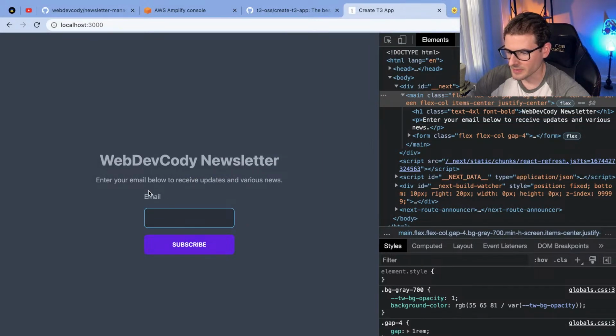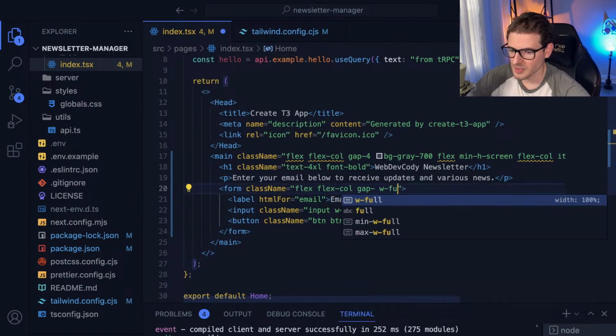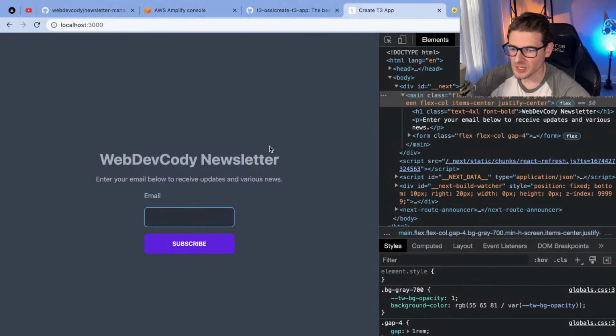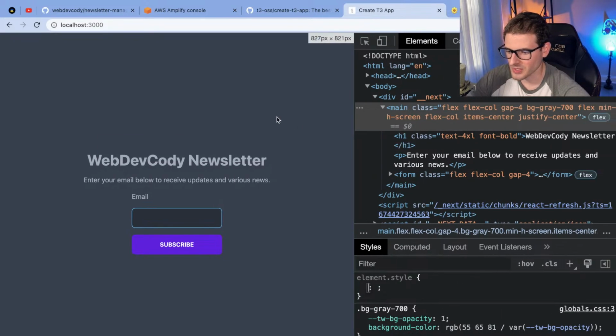This looks bad though, right? Should I make this full width? This whole thing could be W full. Anyway, so now you guys know that I'm terrible at design. Let's actually add some functionality because that's the cool part of programming in my opinion, not the design part. I would have been a designer if I wanted to do more design stuff.